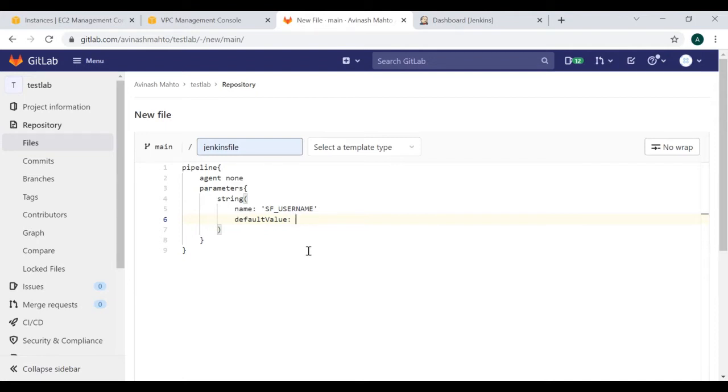So here in the default value, let's suppose that I have already, I will also show you how we can define it as a secret text and how we can call it here. And if you have the values already, you can define them here. So let's suppose that the username is Avinash Mathur at salesforce.com.